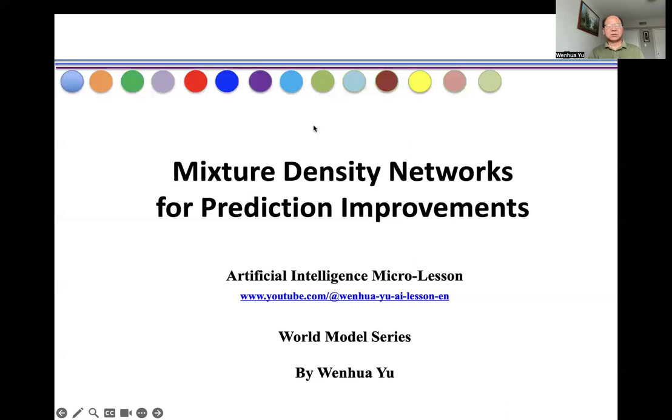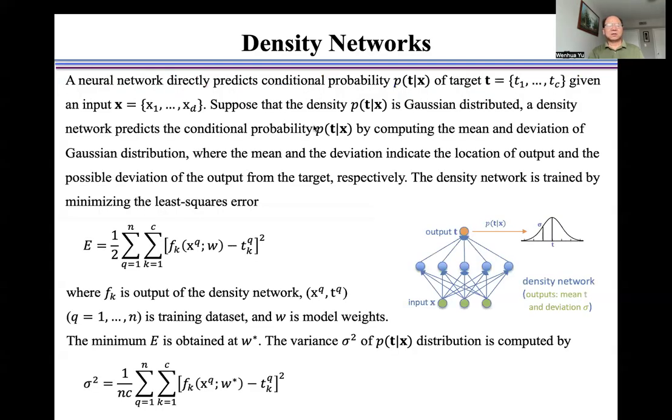In this video, I introduce mixture density networks for prediction improvements. A new network directly predicts the conditional probability P of a target T given an input X. Suppose that the density P is Gaussian distributed. A density network predicts the conditional probability P by computing the mean and the deviation of the Gaussian distribution, where